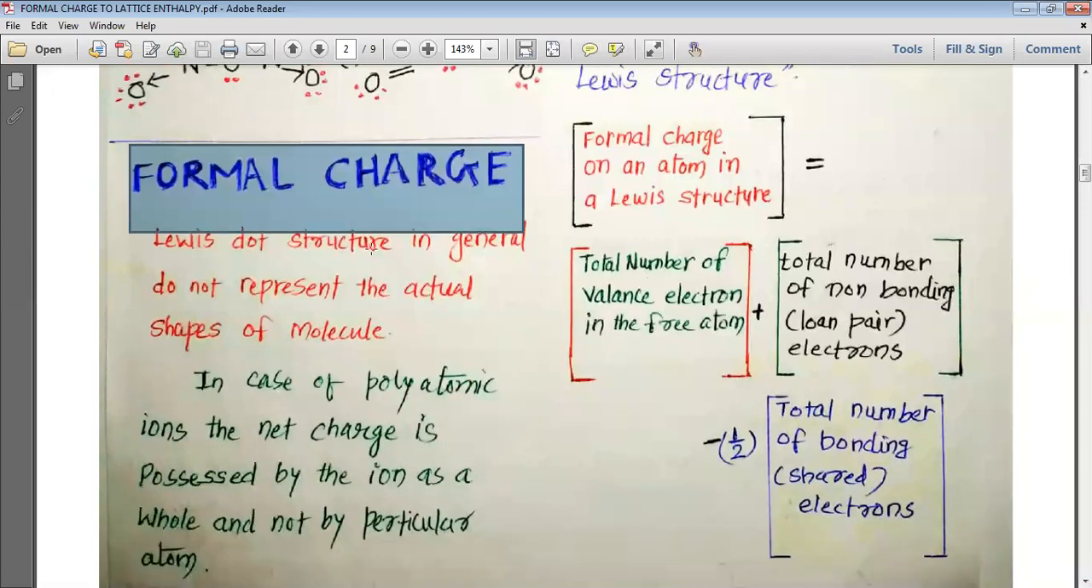Lewis dot structures in general do not represent the actual shape of the molecule. In the case of polyatomic ions, the net charge is possessed by